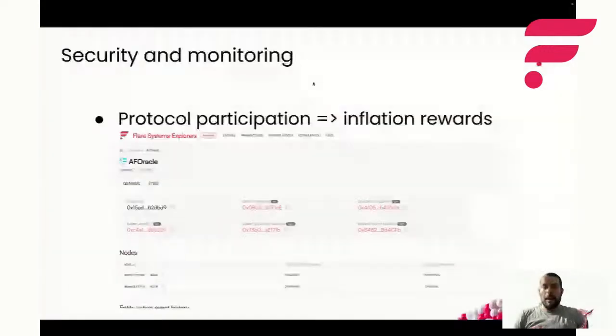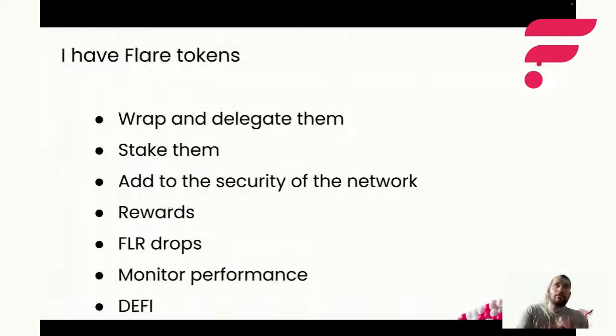Okay, so this is how you participate in the system. So this is how you add data to the system and make sure that everything works. But the question that should pop out is, well, how can I participate in the system if I'm not providing the data? If I'm not big enough to be a data provider? The first thing, if you have some Flare tokens, the easiest thing for you to do is to wrap them and delegate them to a data provider that provides good data and gives you good rewards. Or you can stake them on P-chain directly to the validator, where the tokens are locked for a bit longer, but the rewards are usually greater because you're securing a different part of the network.